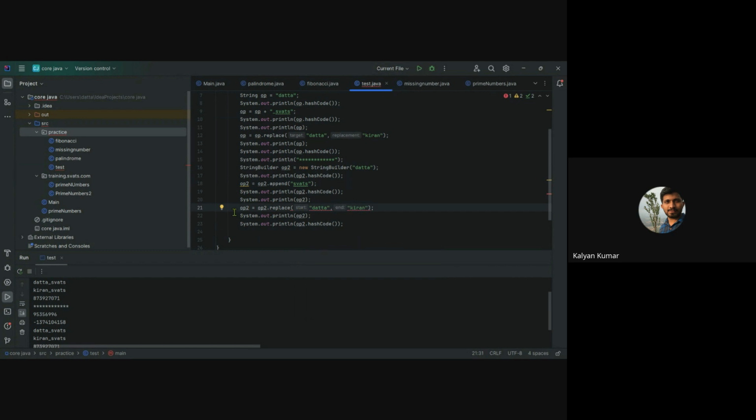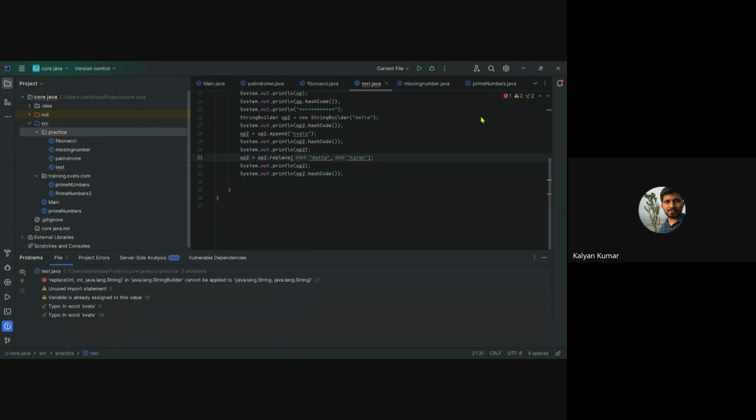I think now on the right side we have this problem, right? Line 21. What is this? OP2 dot replace. Can you mouse over the replace method? Yeah, just write new string builder Datta, new string builder Kiran.